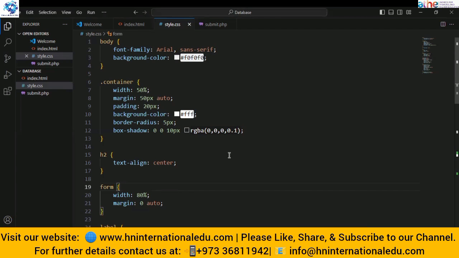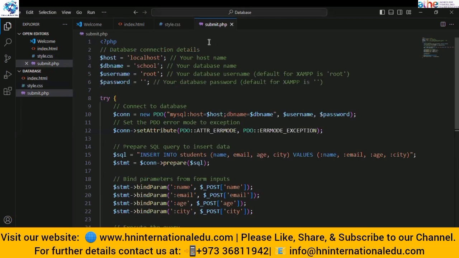So we will not go deeply into PHP, our basic focus is to see how we can connect our database with our main website. So we have different options for doing the same thing. Like we have Node.js, we have Python, meaning we can use different languages for that purpose.